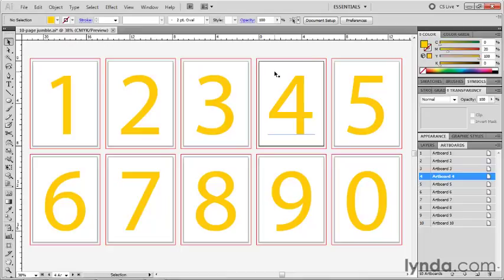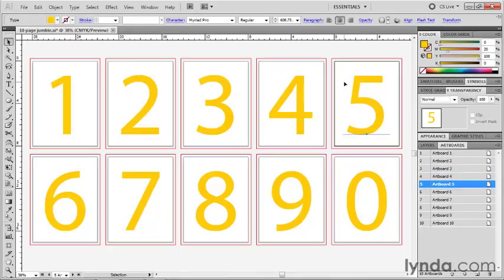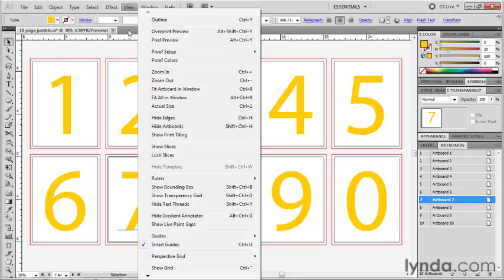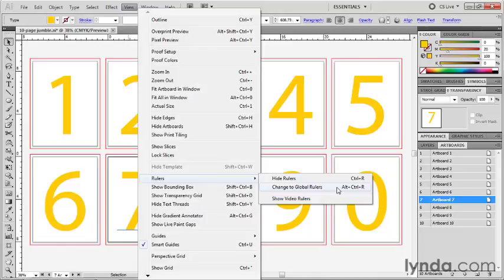And why am I calling them pages as I click inside them? Because that's the way it works inside of a standard multi-page layout program. Each artboard gets its own unique set of rulers. If you don't like that, by the way, at any time you can change your mind by going up to the View menu, choosing Rulers, and then choosing Change to Global Rulers. Then you're going to have a set of rulers that's uniform across all the artboards, regardless of which artboard is